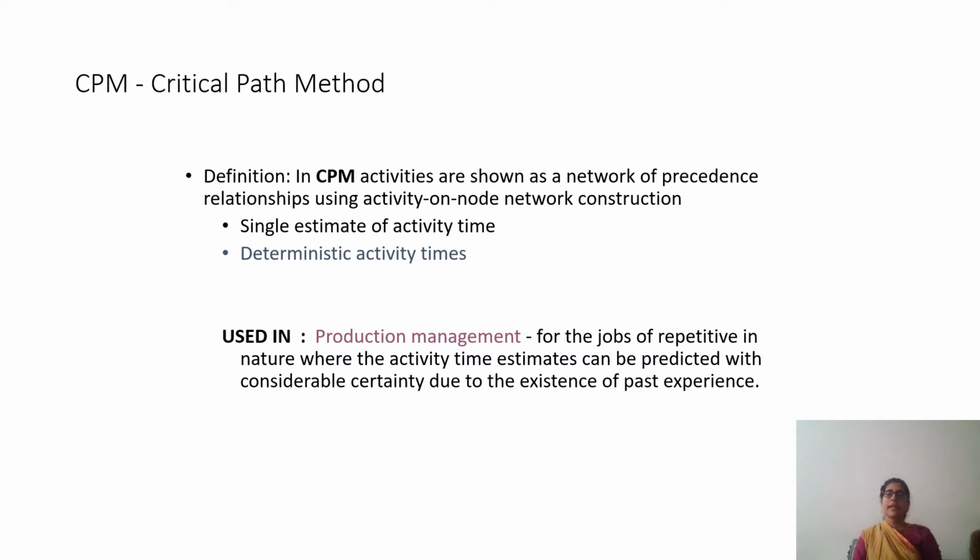So the main features of CPM are that it has a single estimate of activity time. So for me to do my plan, I require 4 days. That is what I am assuming. That is my single estimate of activity time. And the activity times are deterministic. I am sure about my activity time, and the activity times are the ones basically going to impact your